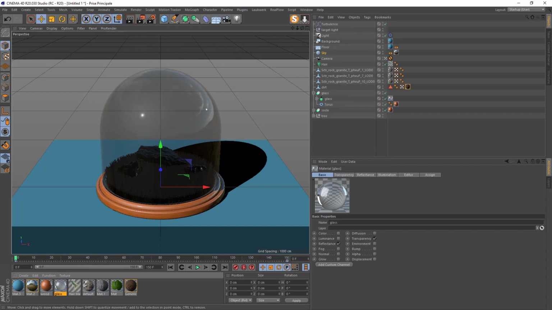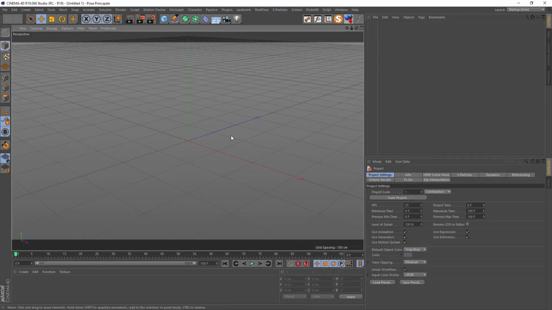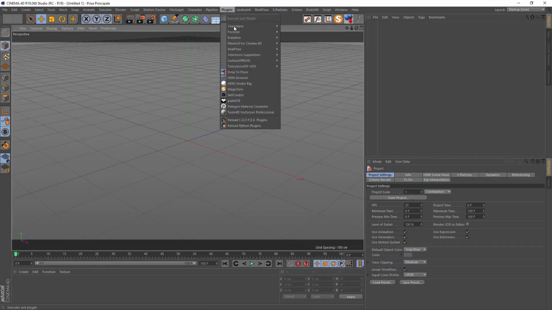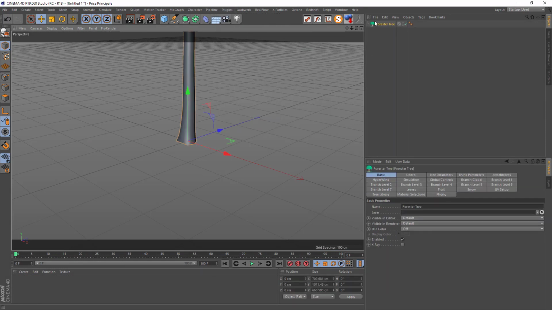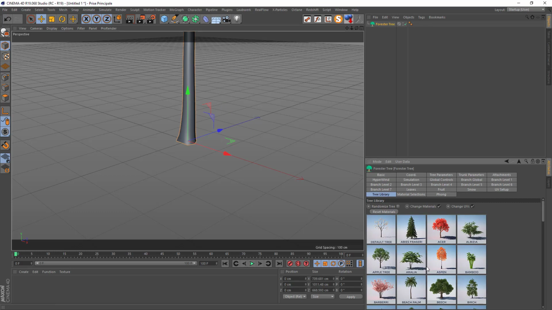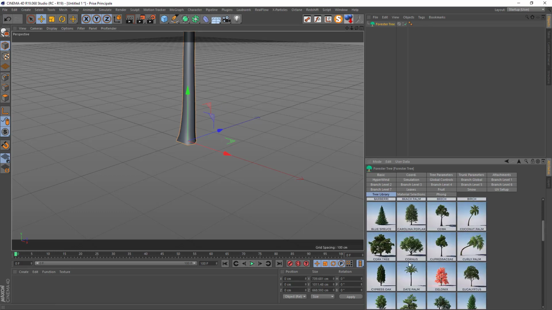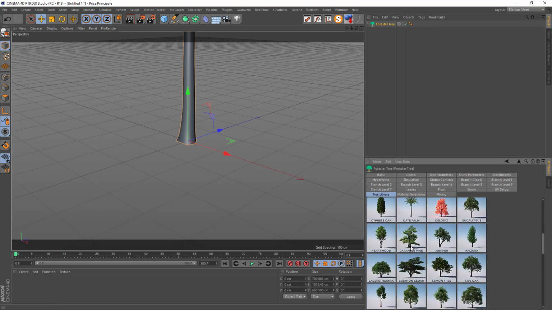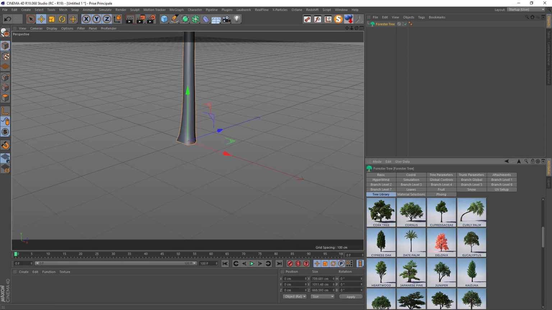So to do the grow animation with Forester, go to plugin, Forester, add a tree, go to tree library, and choose, I don't remember which one I used, maybe this one, I'm not sure.